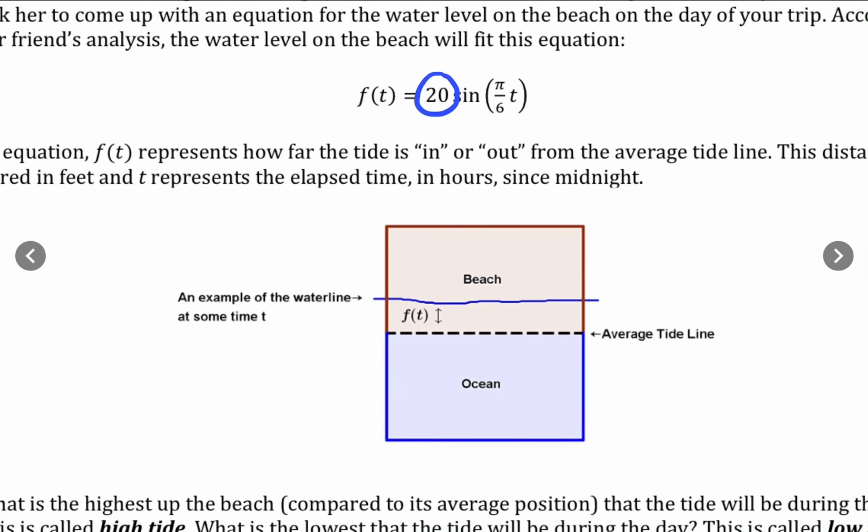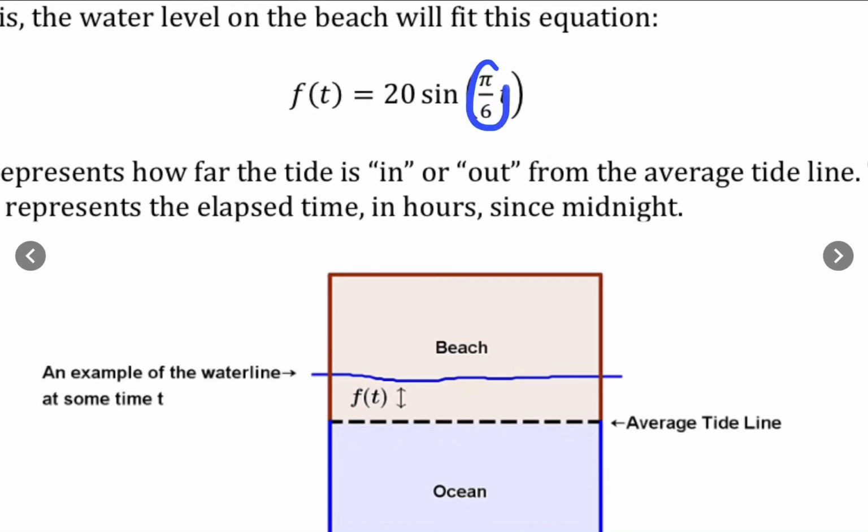So that's how far out in the ocean the tide is at any point, or how far in towards the beach the tide is at any time. Average tide line is 0, so it can be both positive and negative. Pi over 6 is our frequency, which controls our